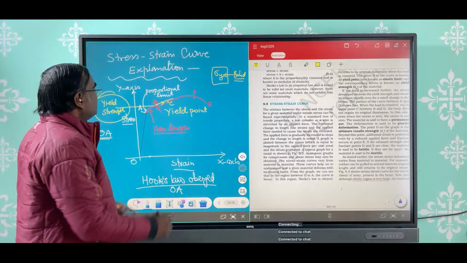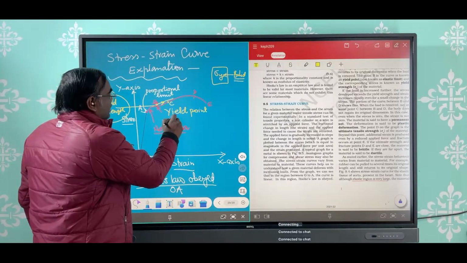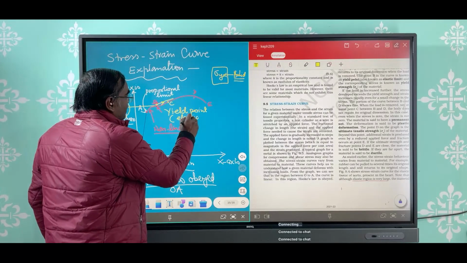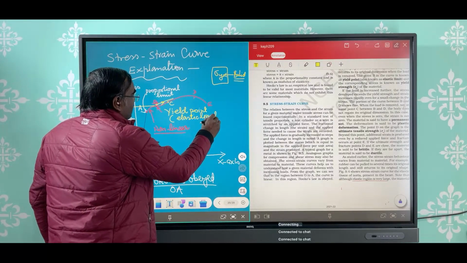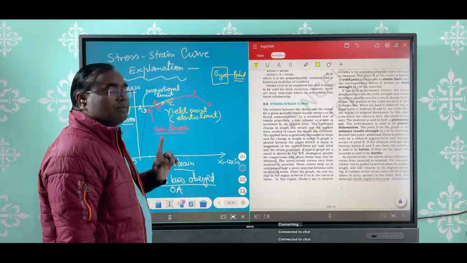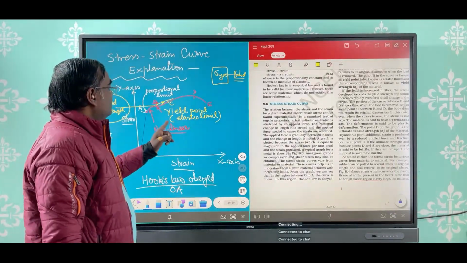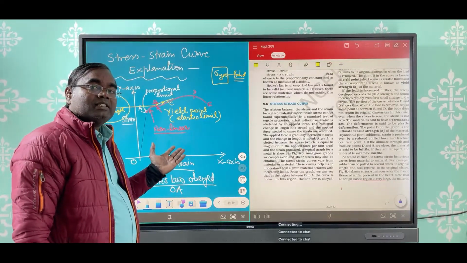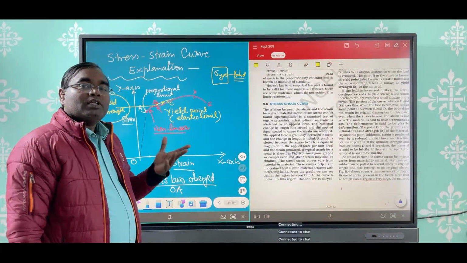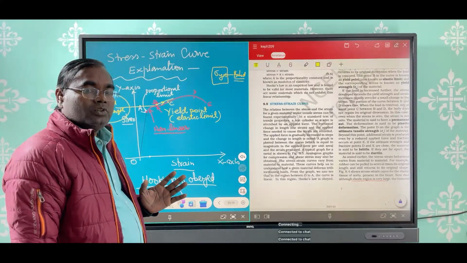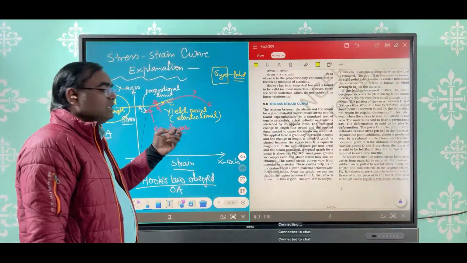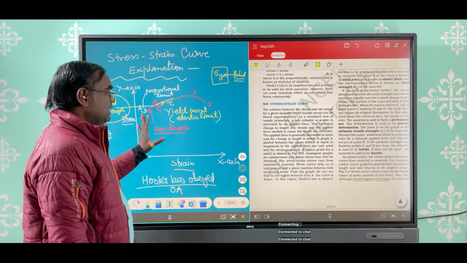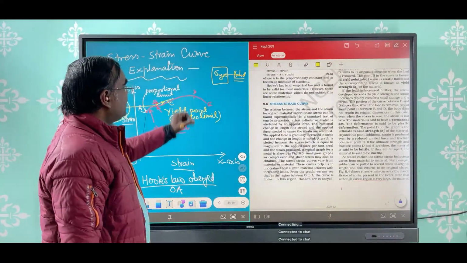And this point B is also called the elastic limit. The yield point is also called the elastic limit, because if we increase the stress beyond this point B, the body goes into the plastic zone, plastic region, and it breaks the limit of elasticity. That is the point. Now D point is known as the